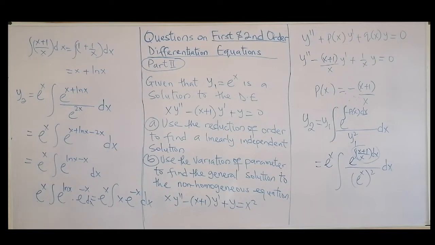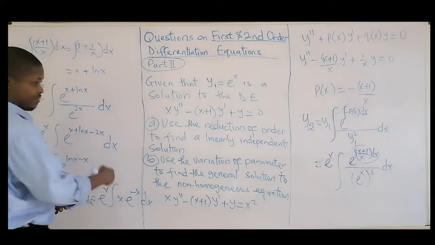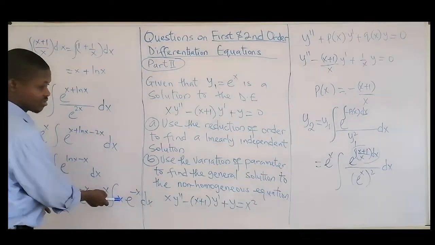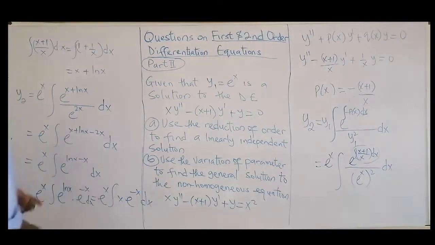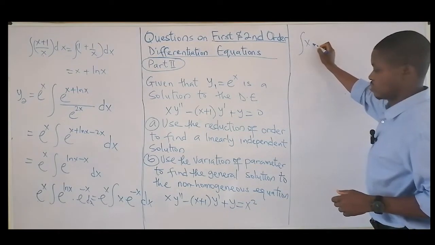We just need to integrate, and that will take us to integration by parts because it's a product. If this one were x squared, we could have used a change of variable so that they would cancel out, but this is not so. The best way is to use integration by parts. You can take this integration out.